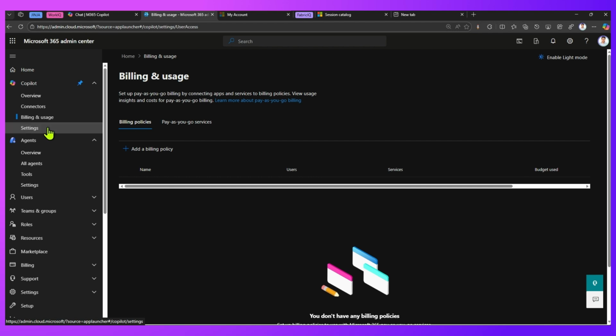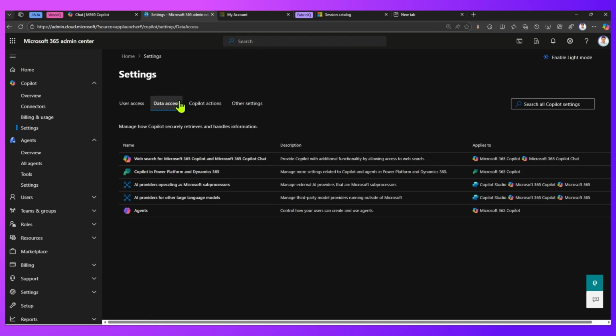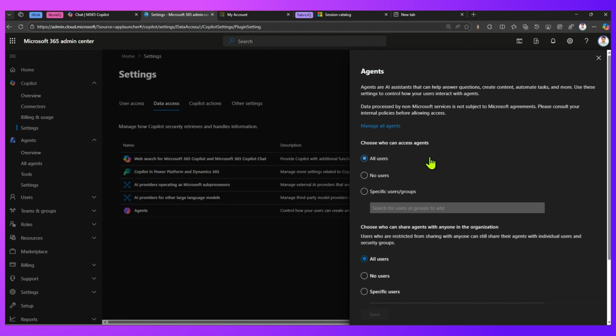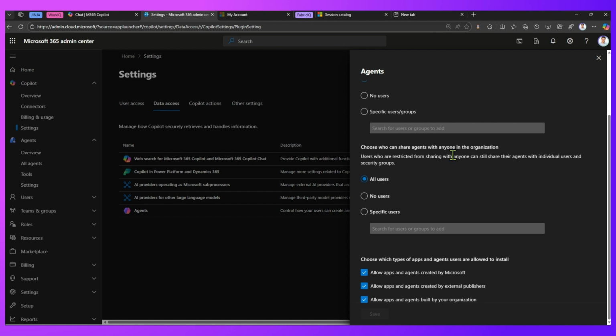You can configure the billing policy for your agent, and then there are various settings like user access, which helps you configure the self-service purchase, enabling Opal, configuring the pay-as-you-go billing, Copilot in Edge, Bing, and Windows. And from a data access perspective, how users can create and use your agents. So you have agents, who can access the agent, who can share agents with the organization, and what kind of apps are allowed to install, whether built by Microsoft, created by an external publisher, or